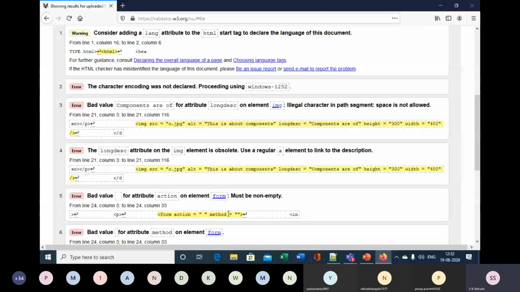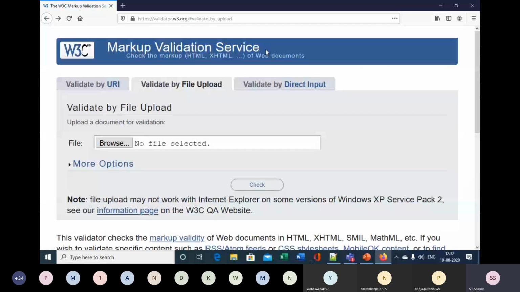So what you do, you try to validate your own pages. Whatever web page you will be designing, try to validate it by file upload, or you can directly input.